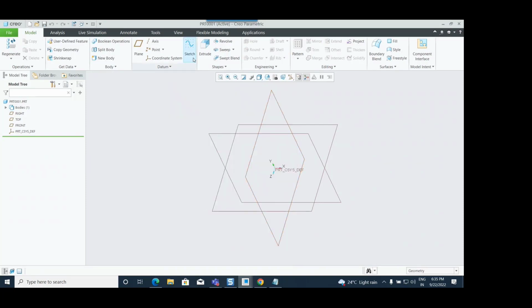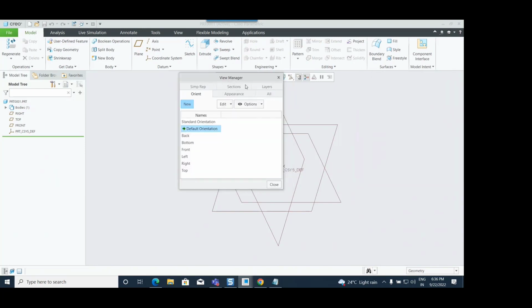Here in the View tab, or in the graphics toolbar, I have one command, the View Manager. In the View Manager, there are different tabs like Orient, Appearances, Sections, Simplified Representation, Layers, and so on. As experienced Creo users, we know what to do where in these tabs. As we see, Simplified Representation, Orient, Section, Appearances, and Layers are a total of 5 things, and I can combine